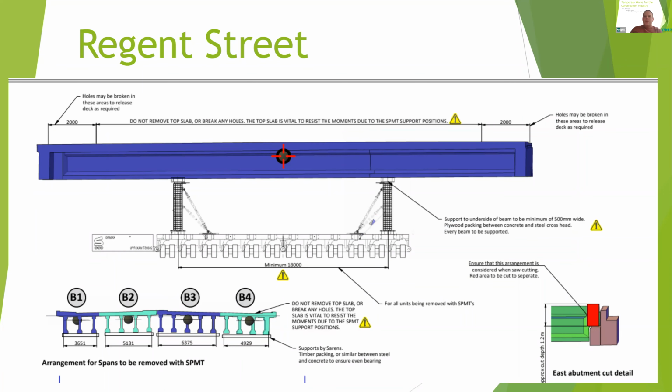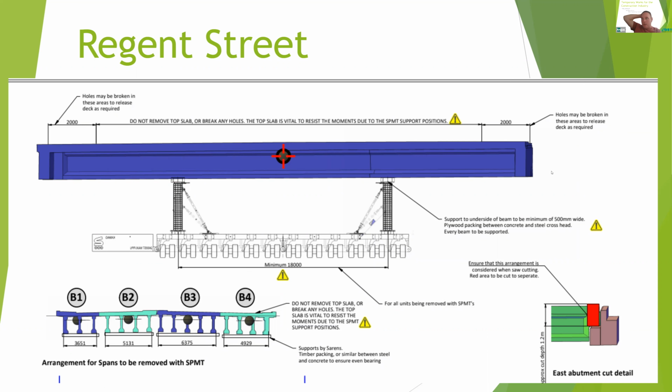Due to constraints with the site and where we had to take the bridge section to, we could only limit the size of the SPMT we could use. So Sarens did a swept path and worked out what SPMTs they could get away with to make the scheme work. Now, that meant that we couldn't pick the bridge up to match the existing conditions. Ideally, we would have supported the bridge here and here to match the existing load path and existing condition for the structure. That wasn't possible,